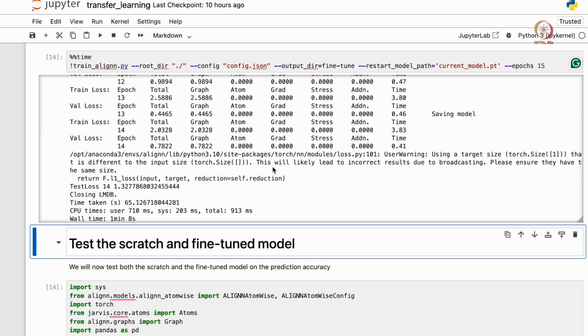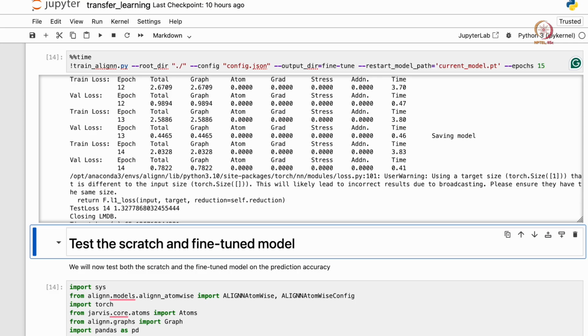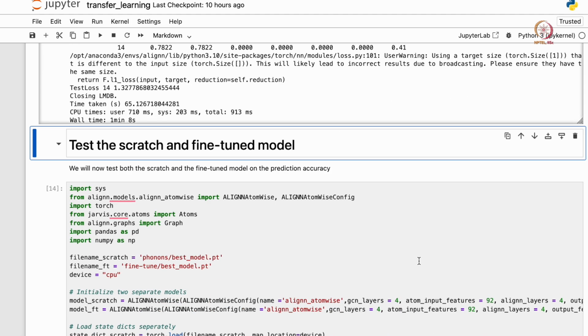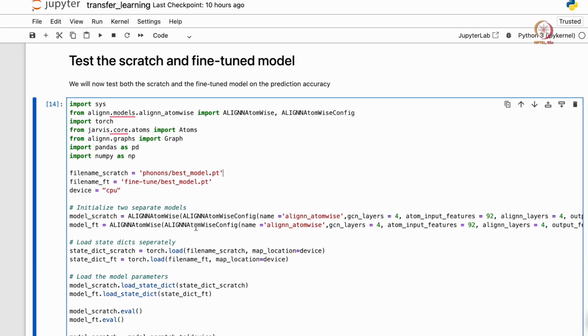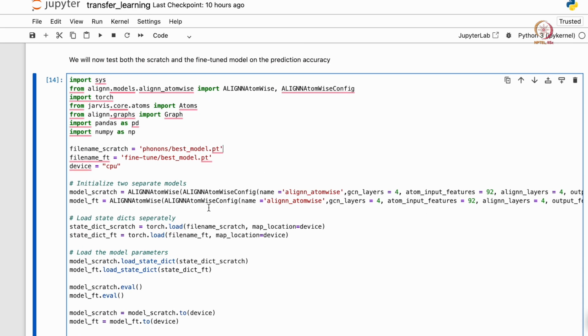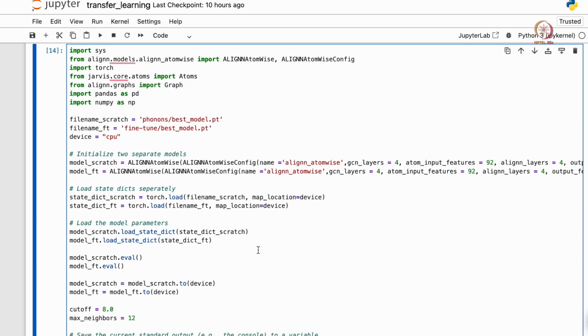Now that our fine tuning is done, let us test whether we have gained any advantage by this fine tuning strategy, where we are expecting some knowledge transfer from the previous formation energy training to this phonon mode training. So now what we will do is load both of these models, and then initialize graphs.